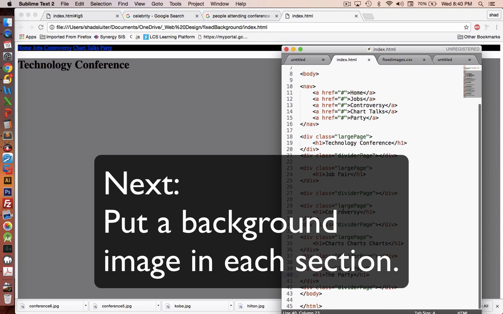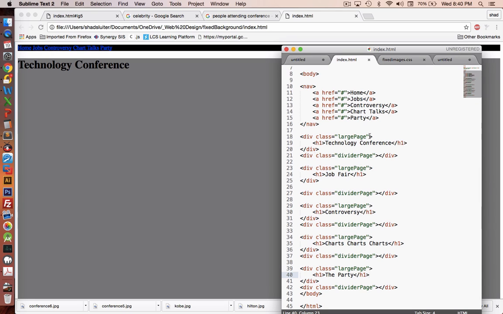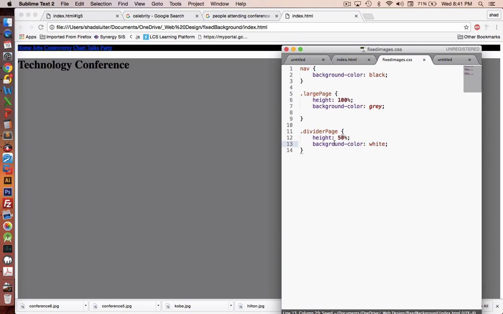I'd like to also give these items an ID so that we can put some pictures behind specific sections. So I'm going to put in an ID for each large page. I'm going to call them LG1 and LG2 and LG3, just for the word large. So copy and paste each of these. Now for each of those sections,